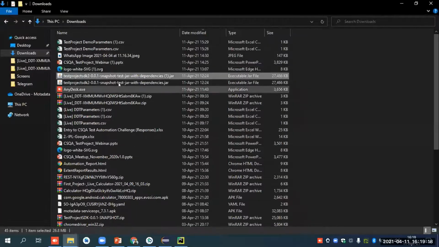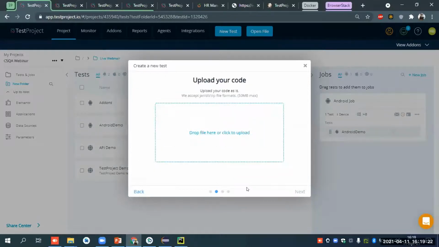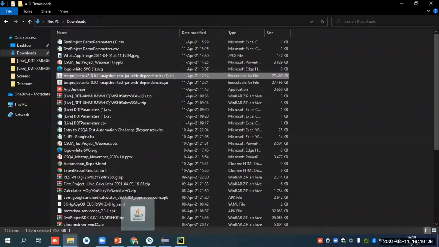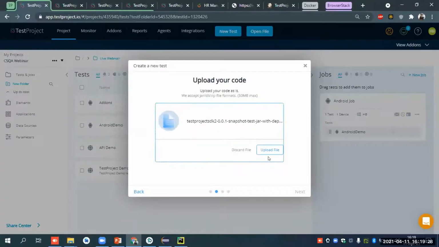I will click on the code, next, drop that file here, and click on upload. In this case, you have to generate a jar with dependencies, because we have a dependency on the base project itself. So you have to generate a jar with dependencies. It will upload it.